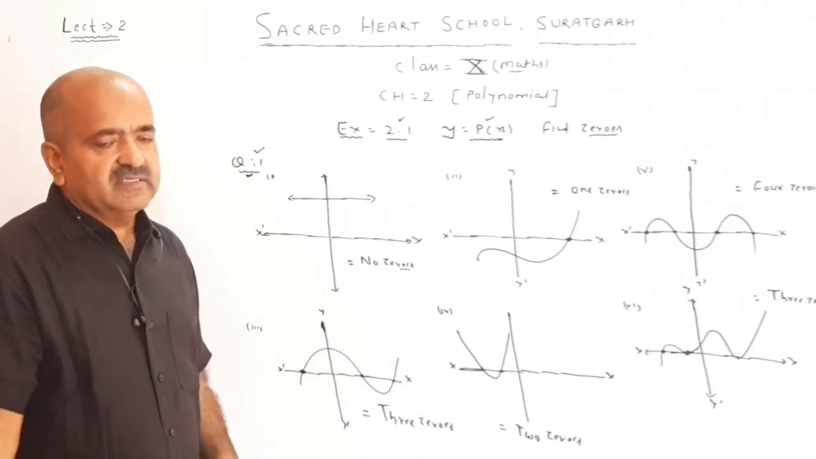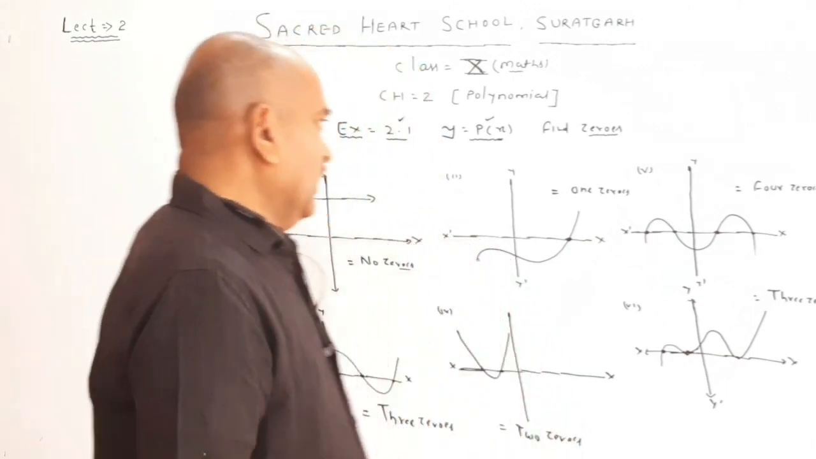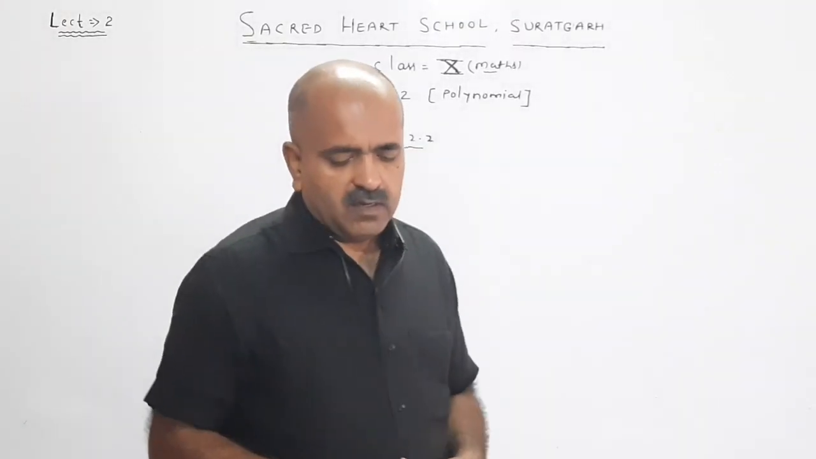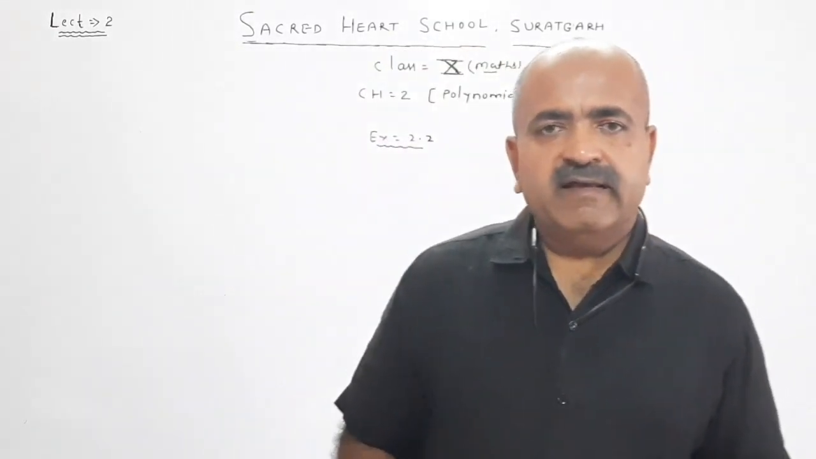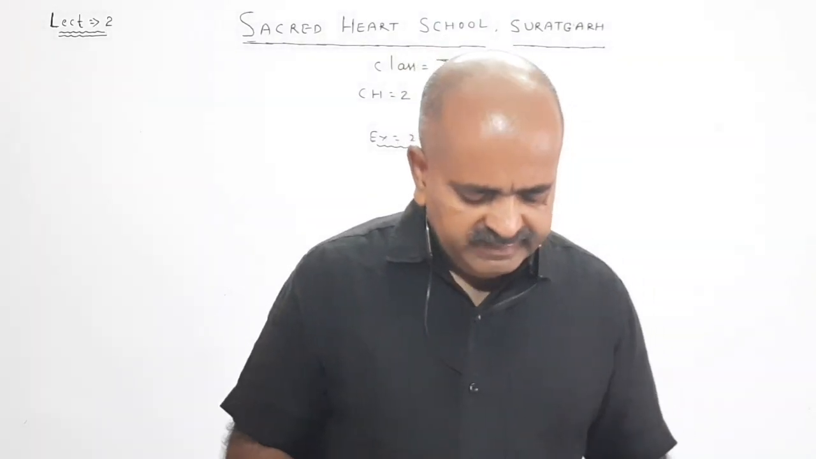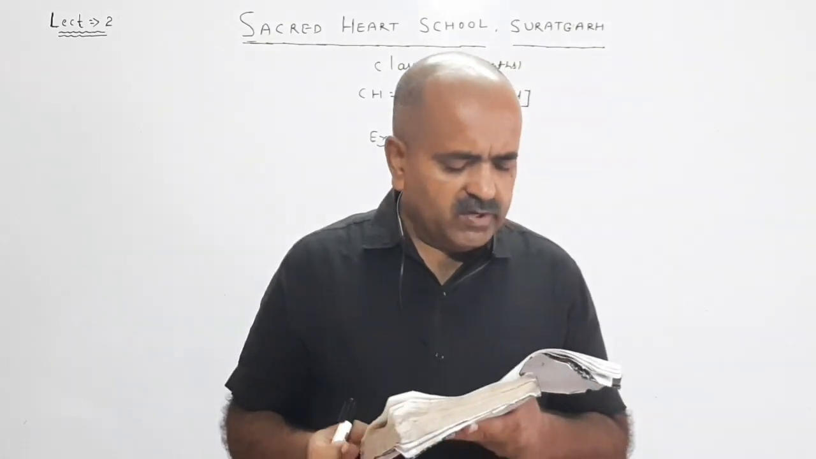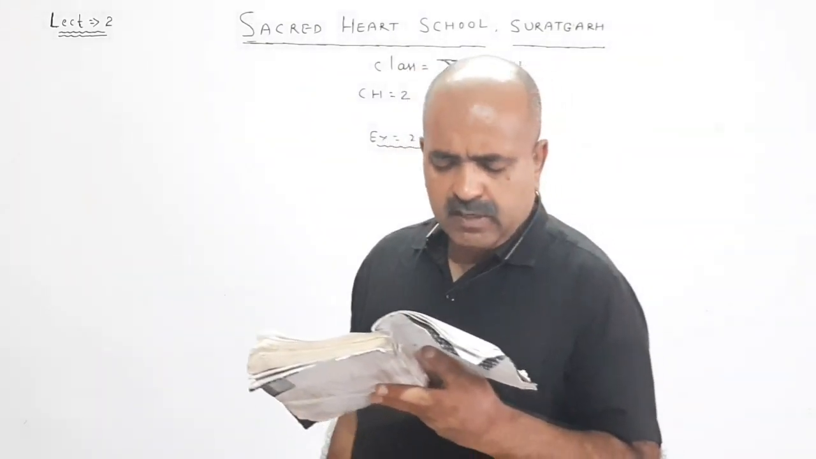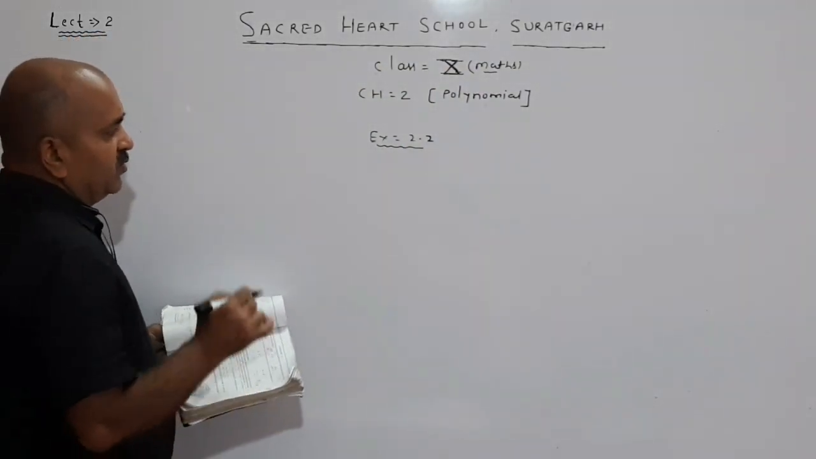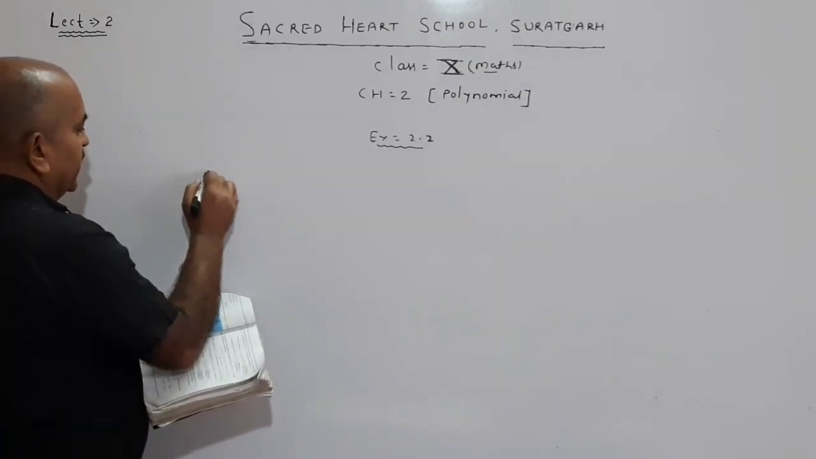Okay students, now we start exercise 2.2. In this exercise 2.2, we discuss the relationship between zeros and coefficient of a polynomial. In this exercise, now we discuss the relationship